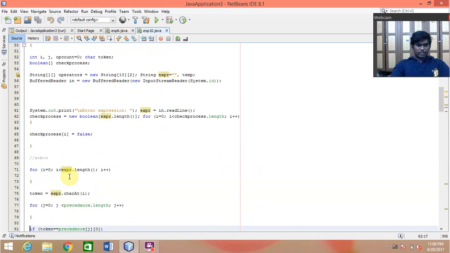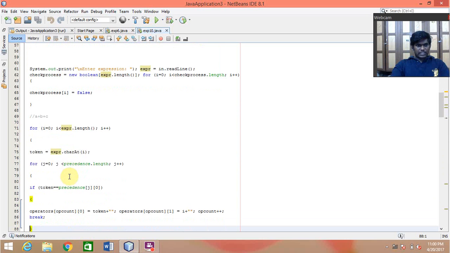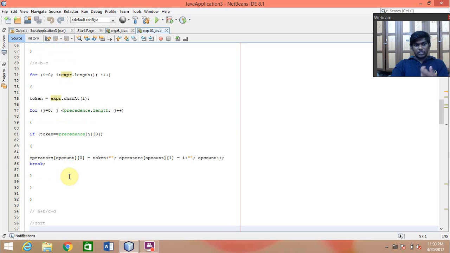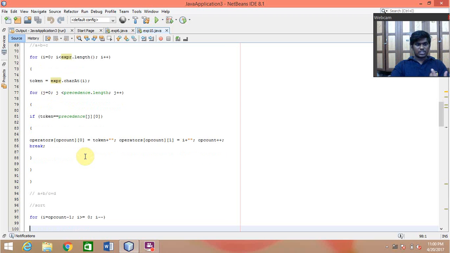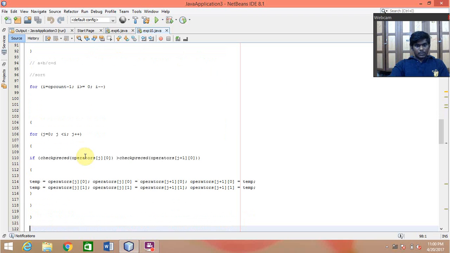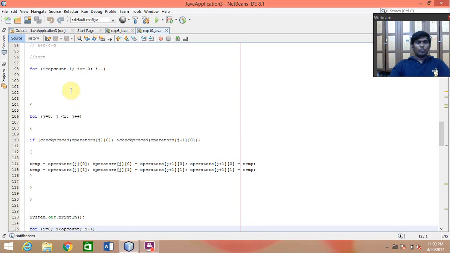And for each length I'm taking each token, each character at it, and then next I'm doing it with the precedence. If the token is equal to plus or minus, I'm checking it. Then I'm storing it in the operator array, depending on how many operators the user gives. Next, depending on the user's op count, the op count which you got in the before for loop, then check the check precedence here